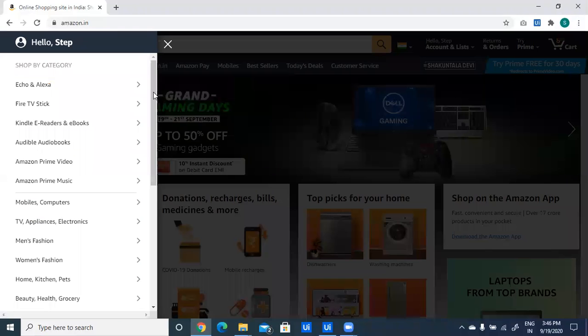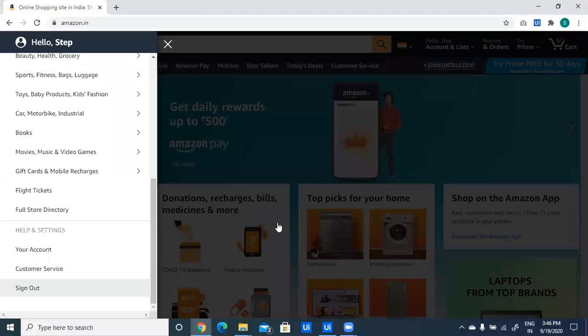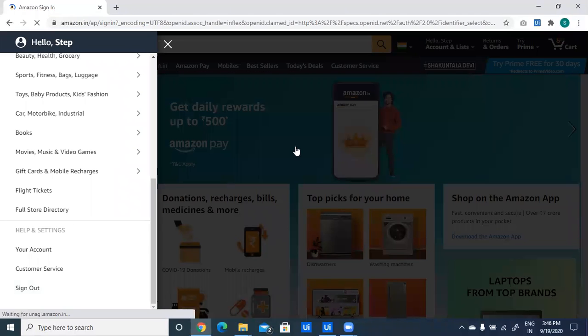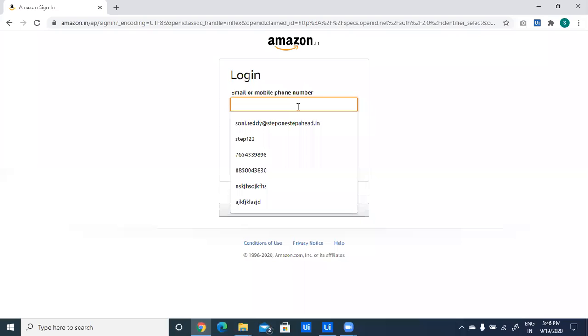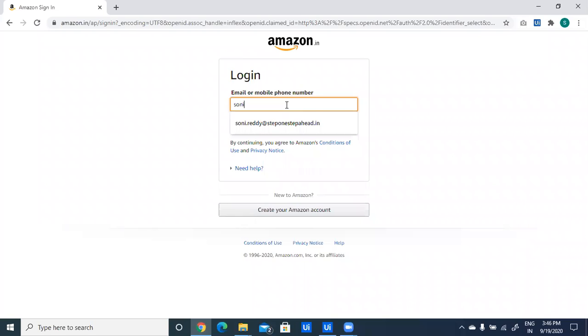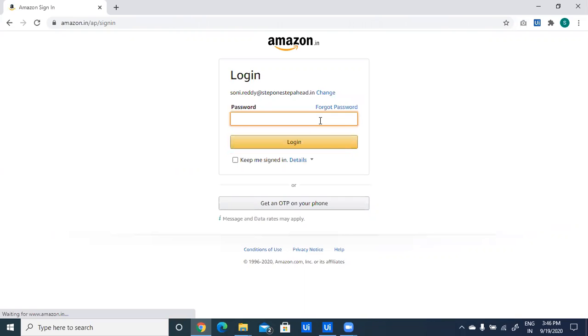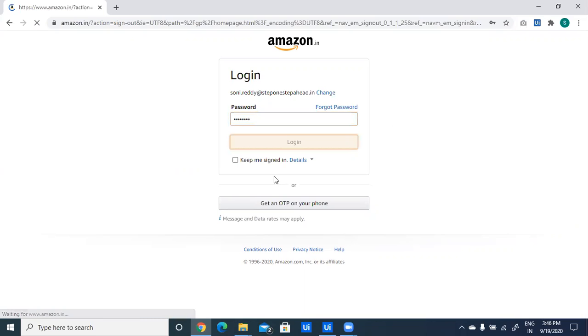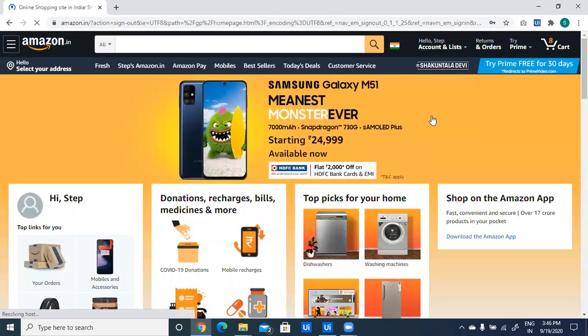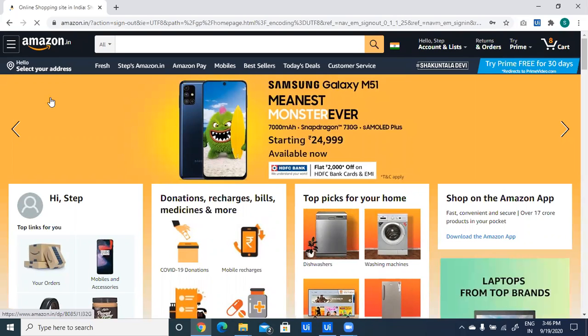So go to the toggle button, click on sign in. So it navigates to the email ID page. So I have to manually enter email ID, then click on continue button. And after that, I need to provide a password and click on login button. Then I have to check that using email ID and password, it is successfully logged into the Amazon website or not. So there is a checkpoint.